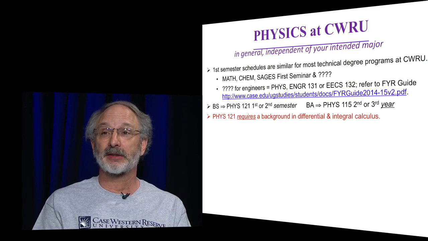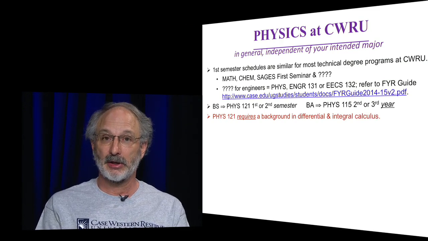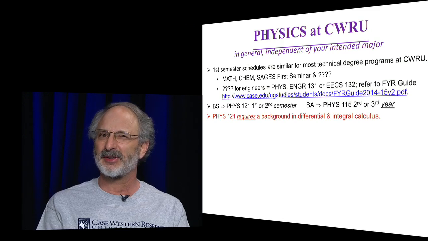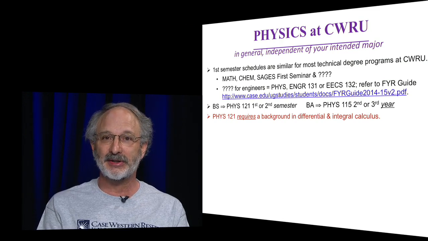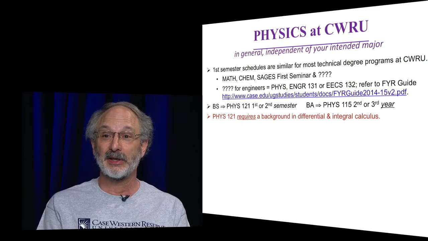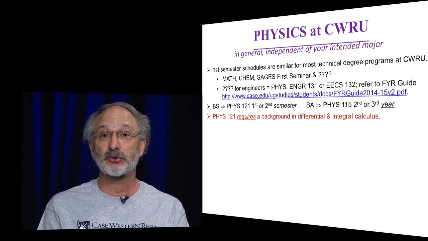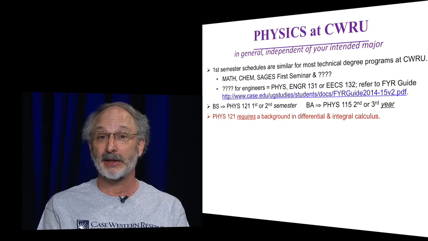I should say that Physics 121 requires a background in calculus. Physics 115 has some calculus in it, but it's basically an algebra-based sequence, whereas Physics 121 and 122 are strictly calculus-based. You will be expected, the first week of class, if we say take the derivative of x squared or the integral of x squared dx, to know what that means and how to do that. If you don't